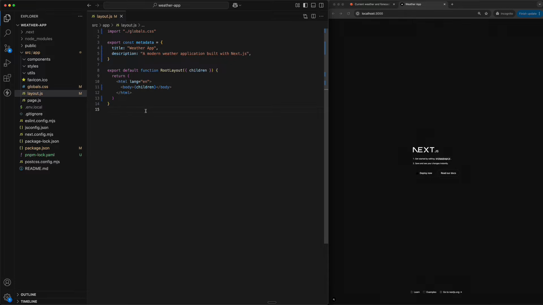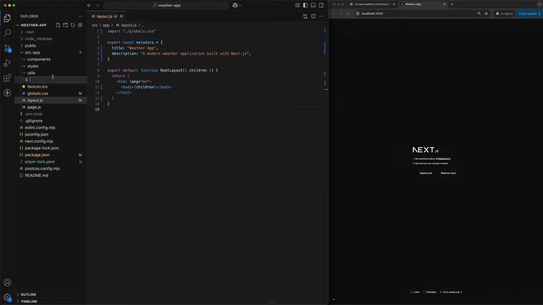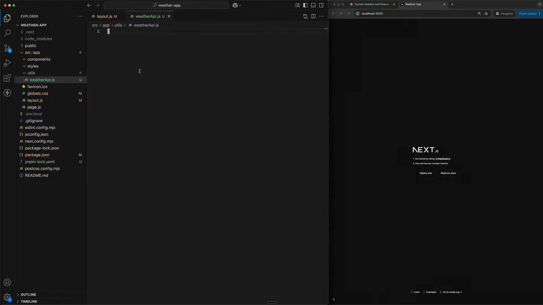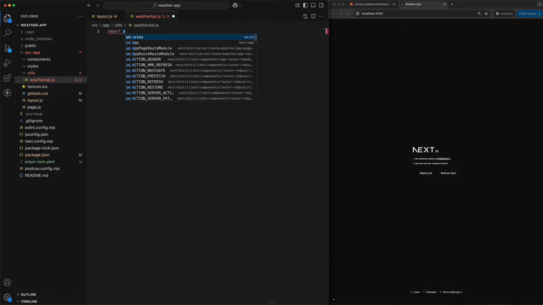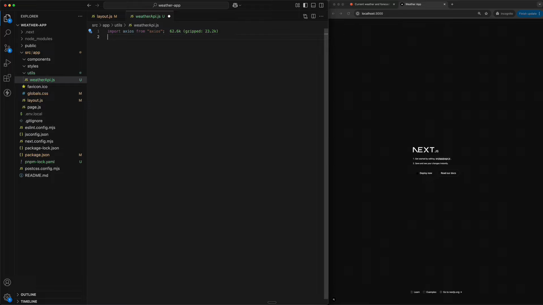All right, so next up, we're gonna set up the Weather API service. So for that, we'll need to go to utils, create a new file, and call that weatherAPI. And this is just gonna help us make everything clean and simple for us to work with the Weather API. All right, so let's get started. First things first, import axios so we can actually make calls. And then here we'll get the API key